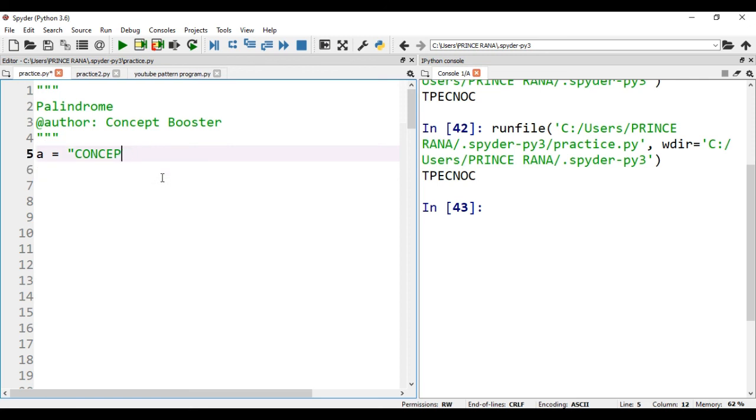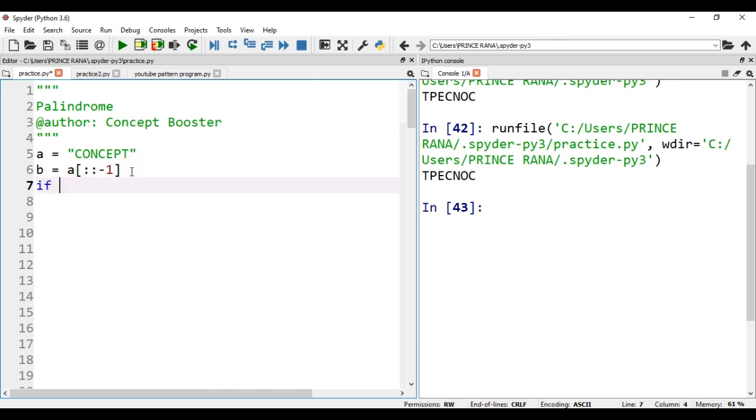Okay. Now I am going to write our actual code for palindrome string. For this, I am taking same string, that is concept, and I am assigning this string to a variable A. And we know in the next step, in the second step, we have to reverse our string. For this we will use our trick. So let me apply the trick. A -1 as initial value, -8 as final value, and -1 as step. Or you can remove -1 and -8. That means you can use only step, that is -1. It will also reverse our string.